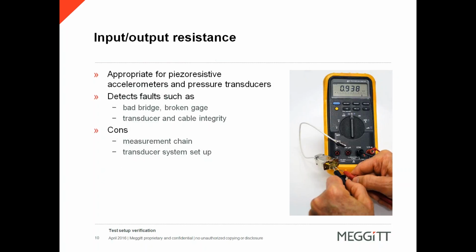Measuring input and output resistance is a great method to verify a healthy transducer. This requires the transducer's output connector to be available for measurement with an ohm meter. This resistance measurement should be made at the first available connection point closest to the transducer. The resulting values are compared to the transducer's datasheet or calibration certificate if available, and an out-of-tolerance measurement should be